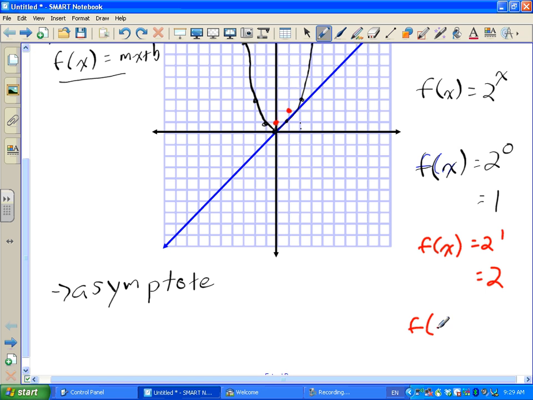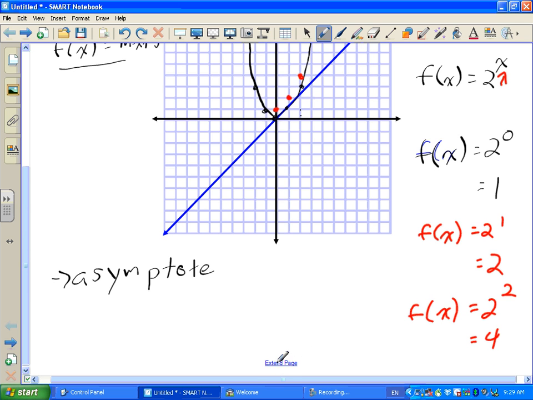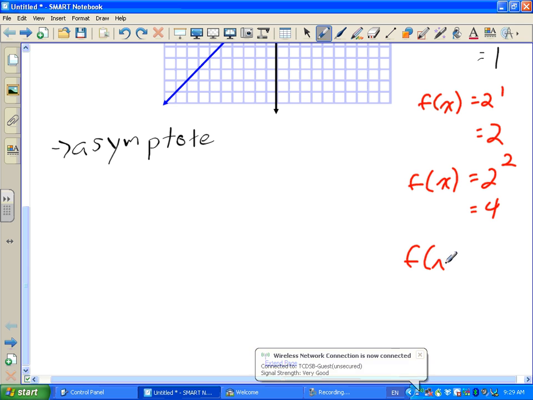What about when x is 2? So if you guys notice, I'm continuously replacing the exponent with these numbers. 4. So when x is 2, we're at 4. 1, 2, 3, 4. And we'll continue this one more just to get a feel for it. When x is 3,